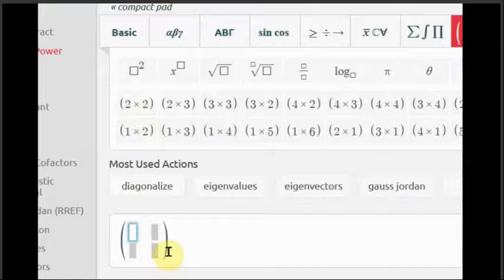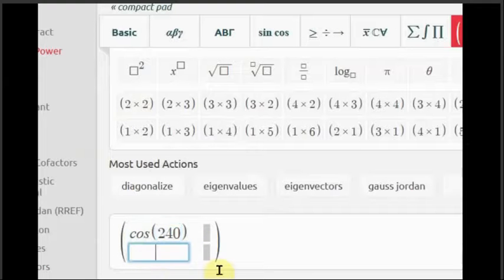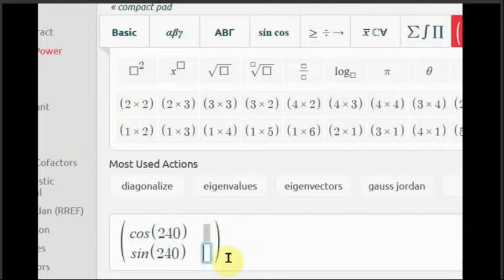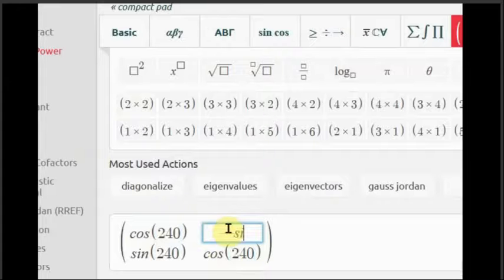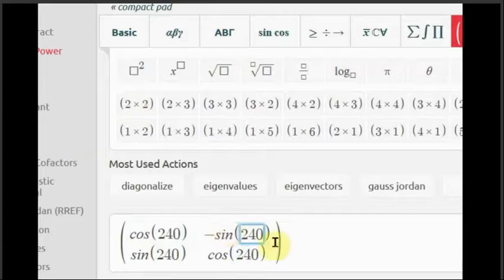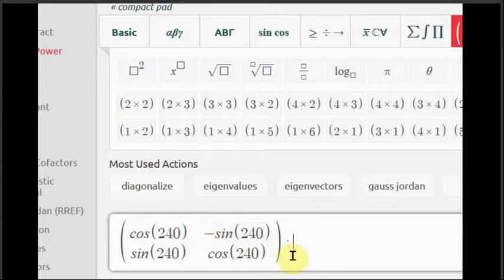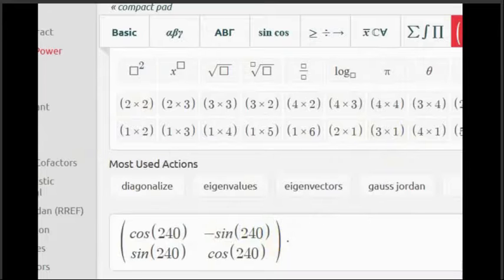So we have 2.2, cos 240, and then sine 240, cos 240 degrees, minus sine 240, multiplied with the 2 by 1 matrix. We have 0 there, and I just put here a value of 2, maybe x there, and then